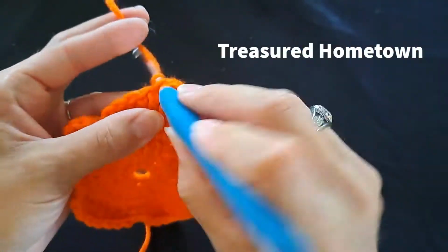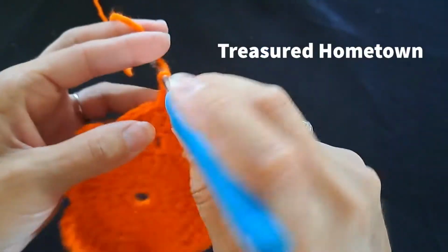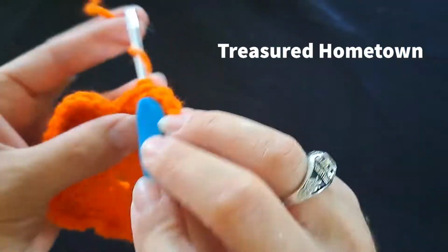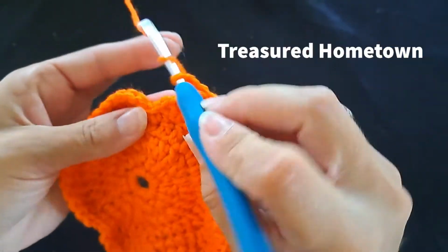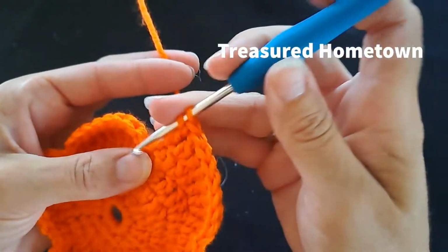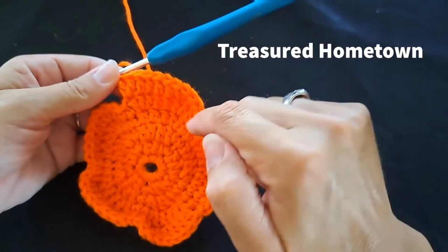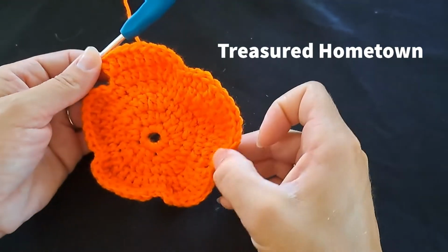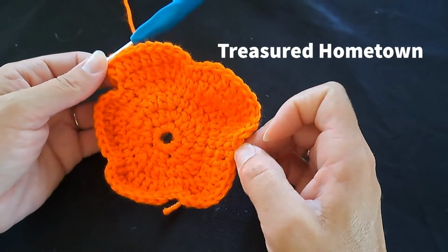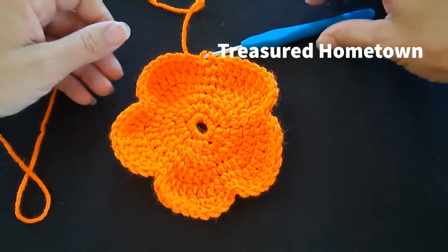One double crochet into the next 4 stitches. And then 2 double crochets into the next stitch. And then you just repeat that 3 more times. And then once you get to the end, we'll slip stitch into the first single crochet of the round in order to join. So we've just finished round 6. So now round